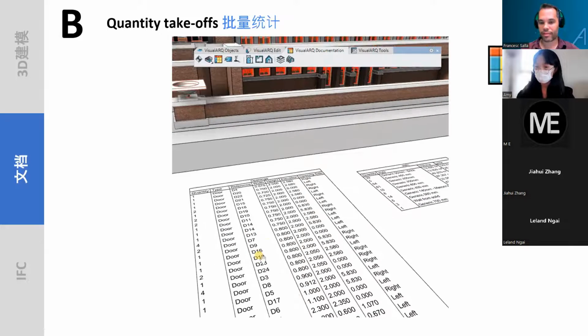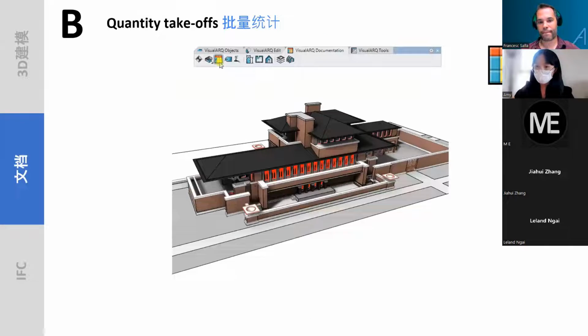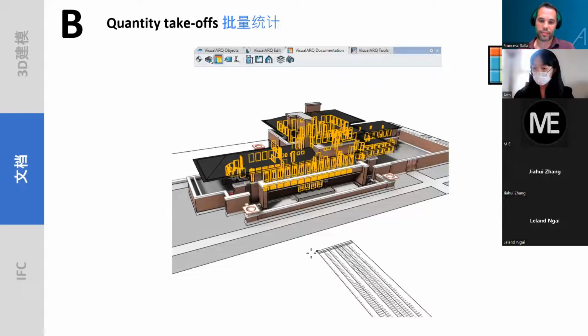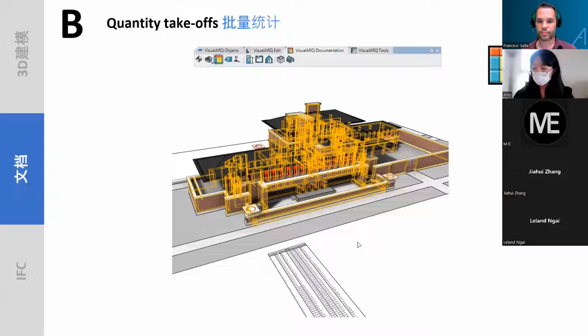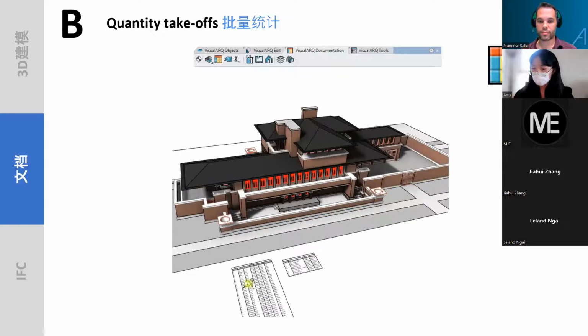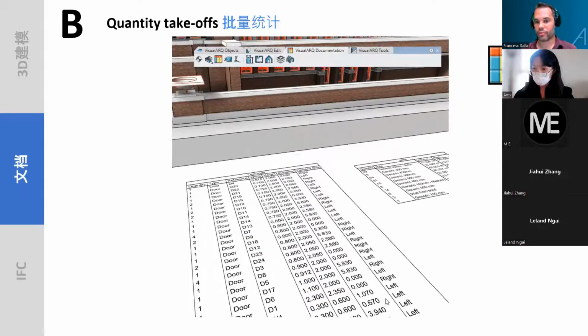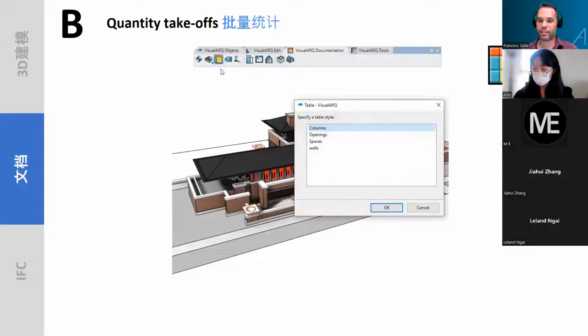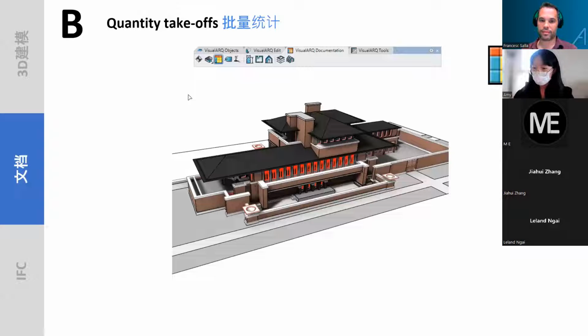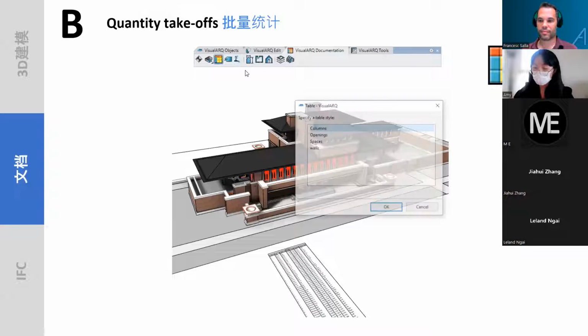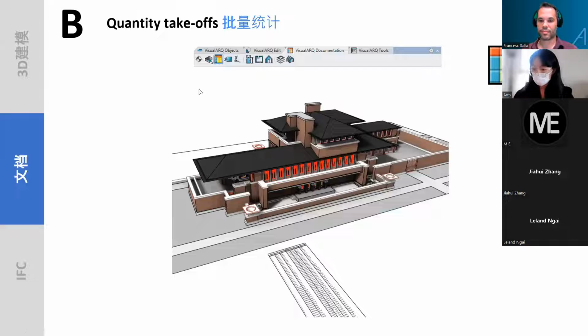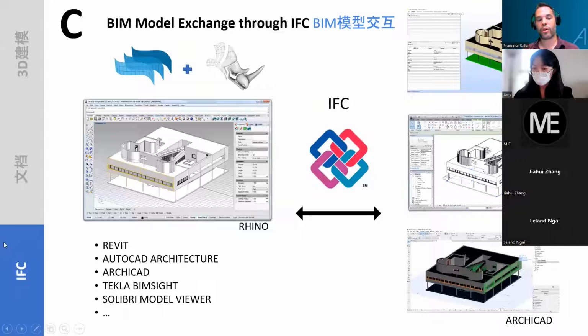We can list everything. 计量统计这个功能，就是我们可以直接统计所有你所选中的物件组件相对应的一些规格，然后直接把它列出来。And of course, we can export those tables to Excel file. 对，我们同时也可以把相关的数据统计导出成报告，比如说这个 Excel 表格。